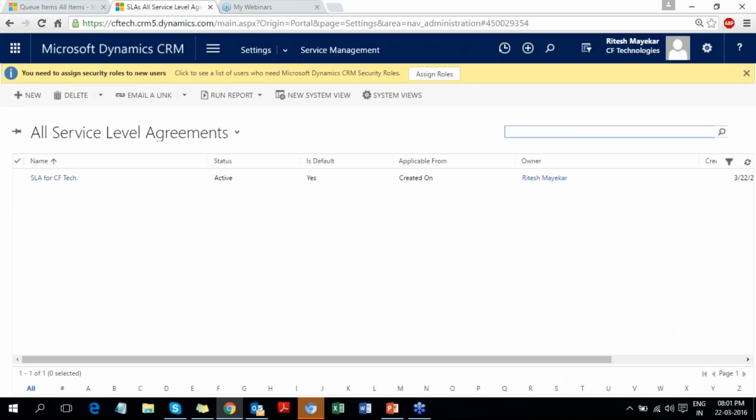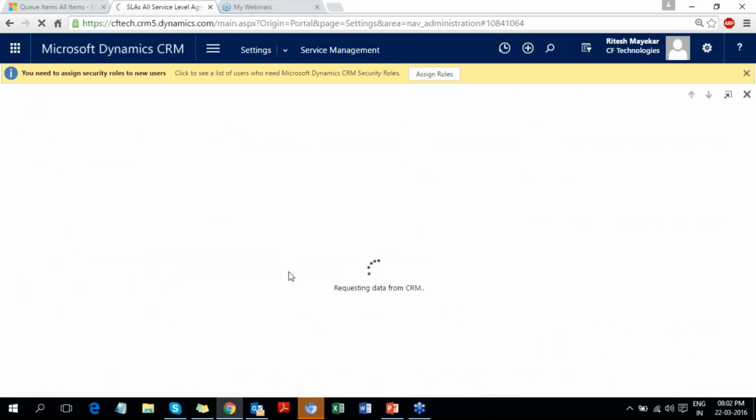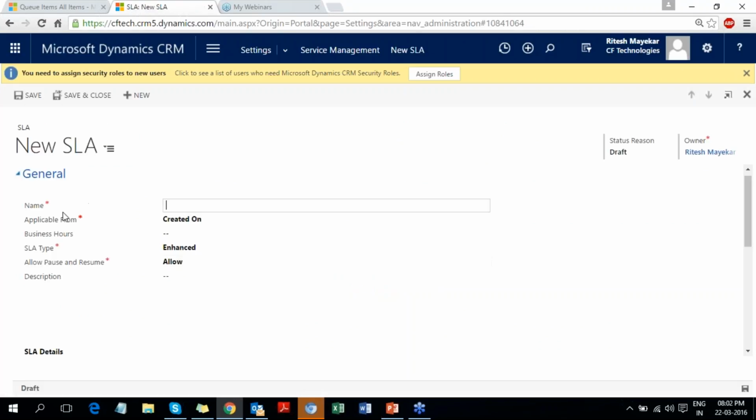As I've already discussed this, and as we have less time, we have already created an SLA in our environment, and I'm going to show you how to create it. For this, click on new. Name: you can mention any name. It should be a meaningful name for your company for which you are going to create the SLA. So I'm just taking SLA for